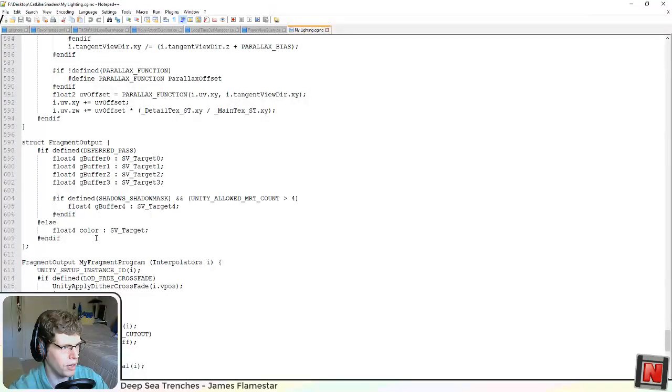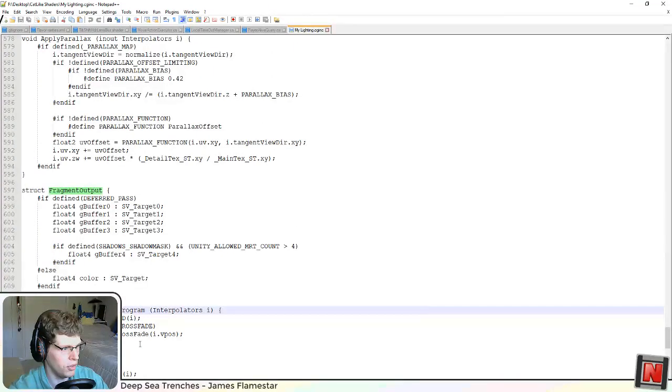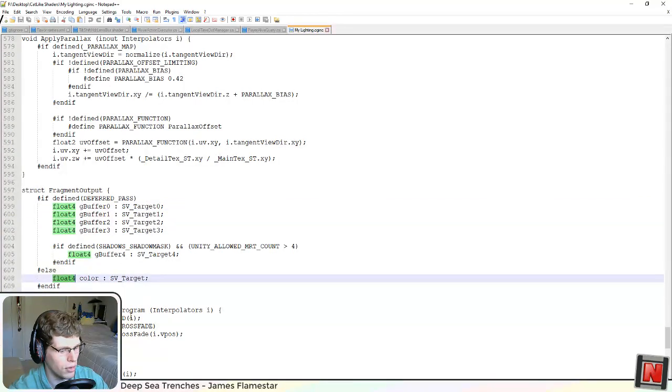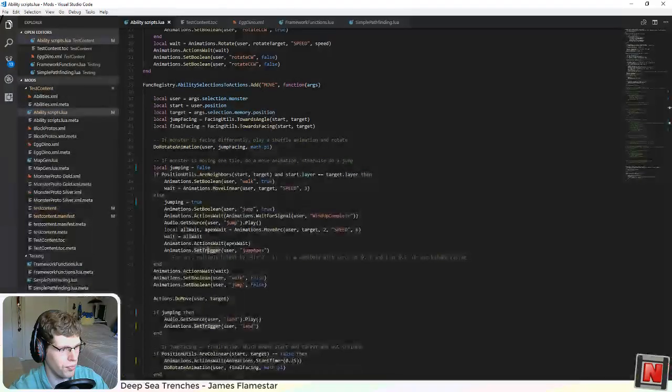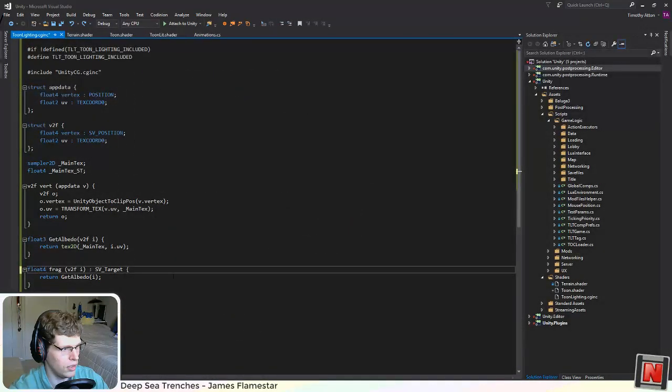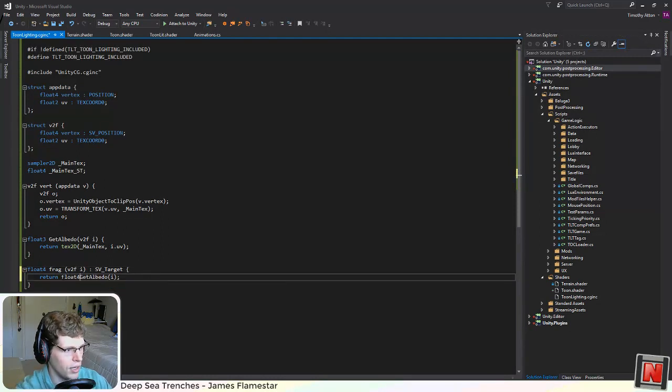Okay, they do have a special fragment output because they are getting ready for deferred, which we're not going to deal with right this second. Okay, so it is just a float4. Yeah, it seems like that would have better colors because it's a full byte for each. But then I do need to supply the alpha, and to do that,